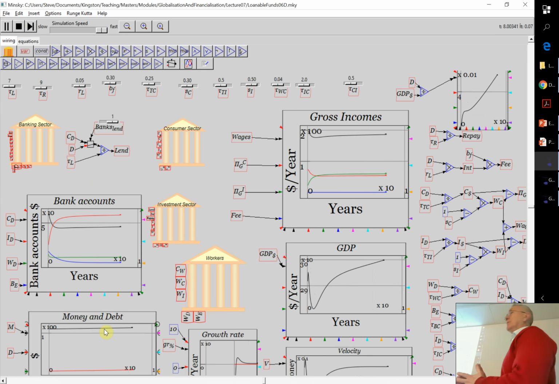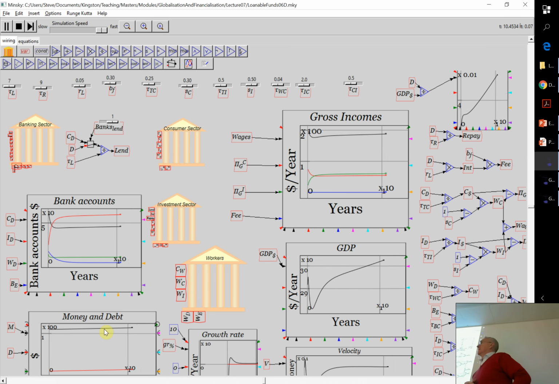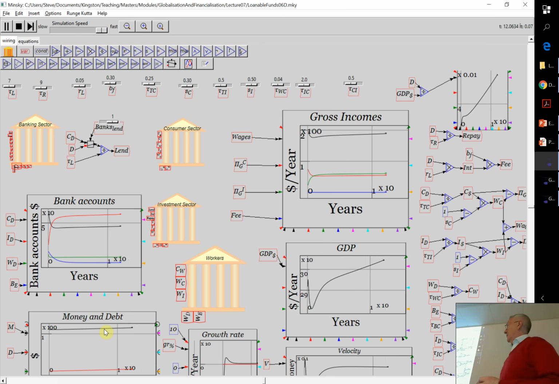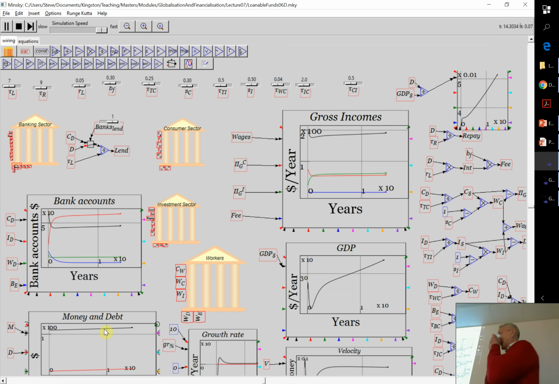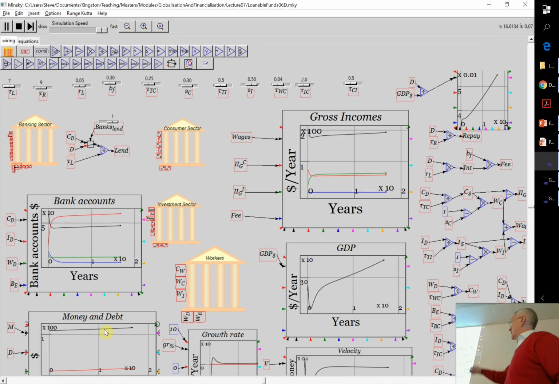What's the difference between the two there, by the way? Notice money and debt are not the same in the model. We've got reserves in there. Okay, so effective reserves are money created. Well, not reserves. The money that people put in the bank as reserves is money that's been created by the government running a deficit. And I haven't got central banking here, but I could easily bring that in. So you can see now the bank accounts are rising, GDP is rising.